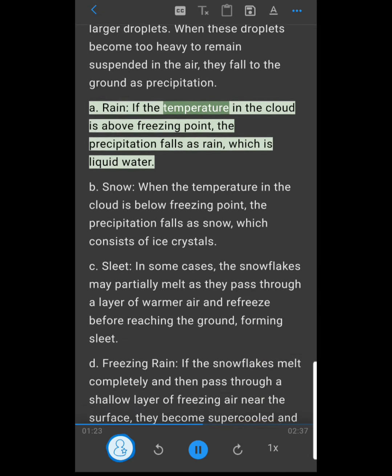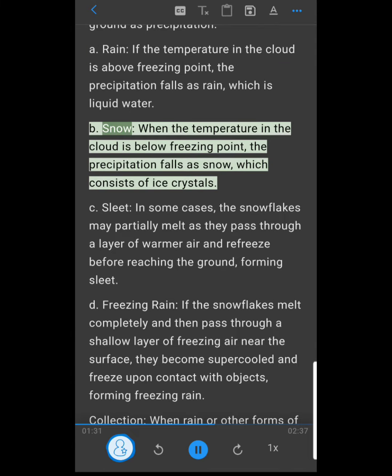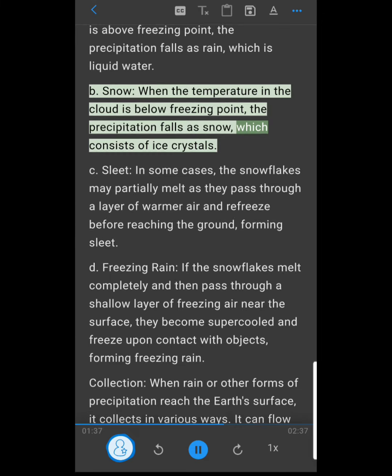A. Rain. If the temperature in the cloud is above freezing point, the precipitation falls as rain, which is liquid water. B. Snow. When the temperature in the cloud is below freezing point, the precipitation falls as snow, which consists of